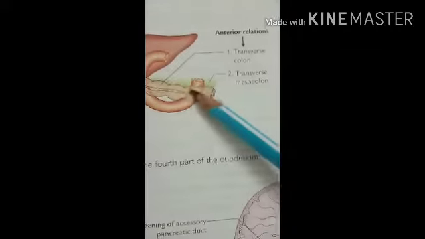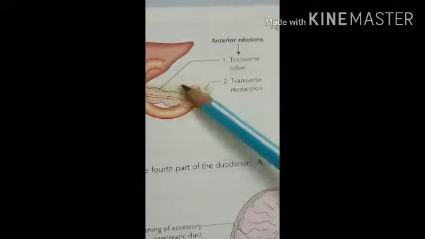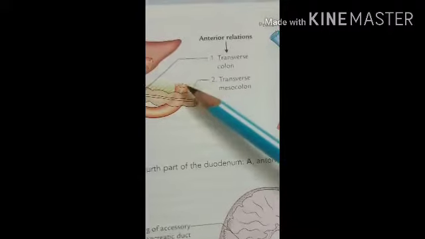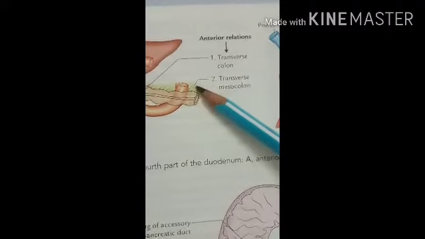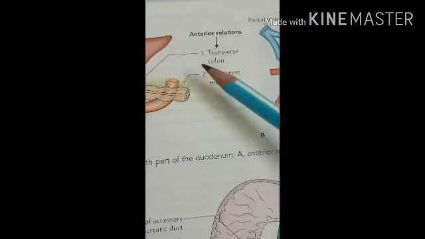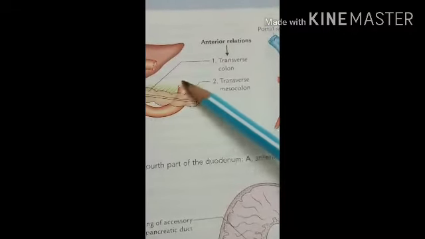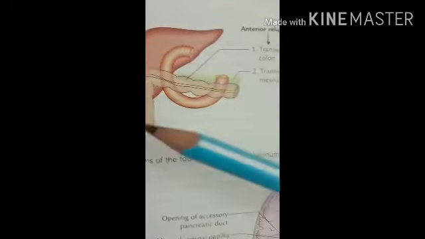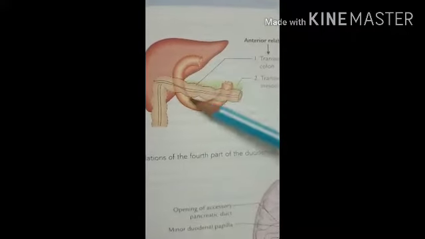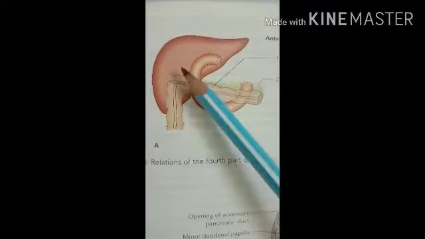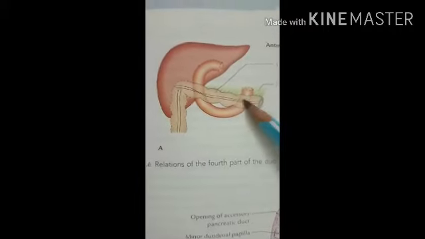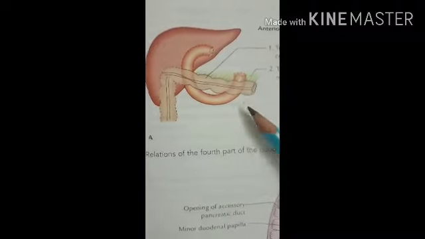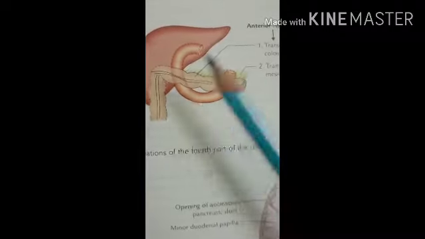Then its relations. Firstly the peritoneal relations. It is mostly retroperitoneal, meaning it is anteriorly covered by the peritoneal membrane, but the terminal part is suspended by the uppermost part of the mesentery, and because of this it is movable. Then the visceral relations. Anterior relations: firstly the transverse colon, here you can see. Then the transverse mesocolon, the lesser sac and the stomach are present anterior to it.